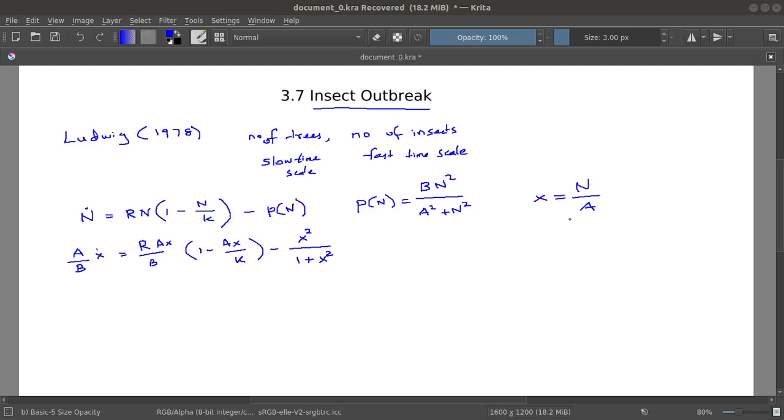Sorry, I have made a mistake. The actual assumption is tau is equal to t by capital T, where this capital T is the characteristic time scale. And if I substitute this for the time dimension, what will I get is